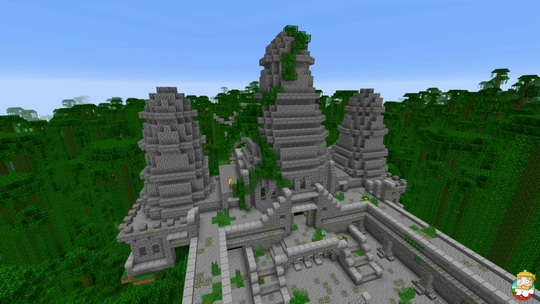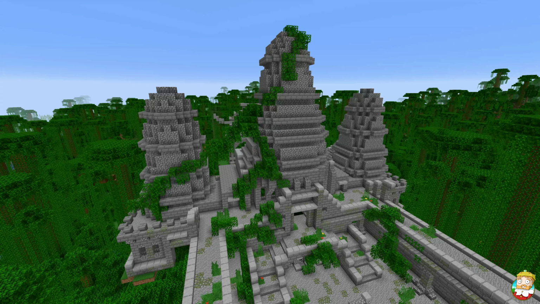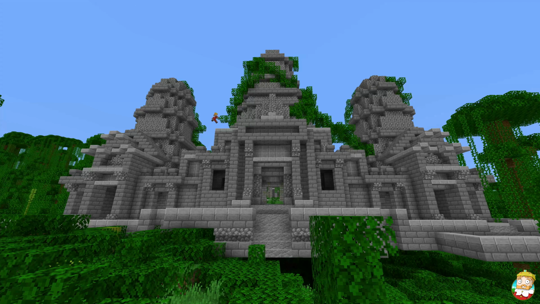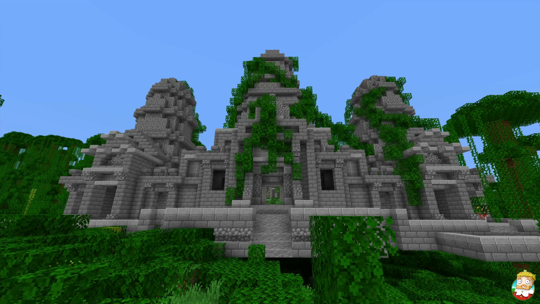At this point, the build really started to come together. These huge draping vines wrapping themselves around the main part of the temple really gives it that epic feeling. It takes forever though to add the details to this temple. The mossy stone and the mossy cobblestone and the vines and the cracked bricks and all these little details took